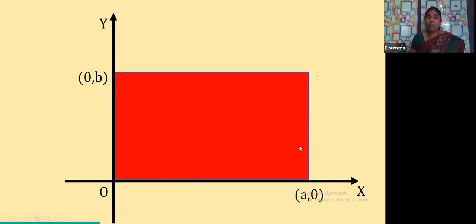Is it clear, children? So now what is the area of a rectangle? What is the formula for the area of a rectangle? Area of rectangle is equal to length into breadth. Yes or not? So what is length? It is a. And what is breadth? It is b. So ab square units is the area of the rectangle. Is it clear? Now I'll ask you a question. Till now you have seen two pictures, two curves. In the first curve we have seen the square, and in the second curve we have seen a rectangle.